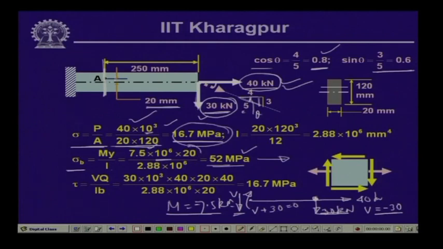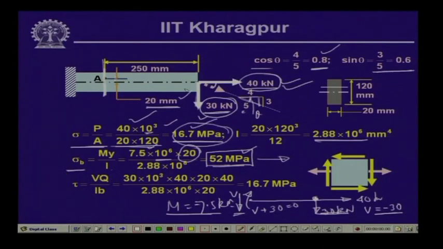Times y is 20, because point A is located 20 millimeter away from the neutral axis, and I equals 2.88 into 10 to the power 6, which is b h cube by 12. Once you substitute these values and calculate, it comes to 52 megapascal. So, 52 megapascal is the normal stress because of the bending, and 16.7 megapascal is the tensile stress because of